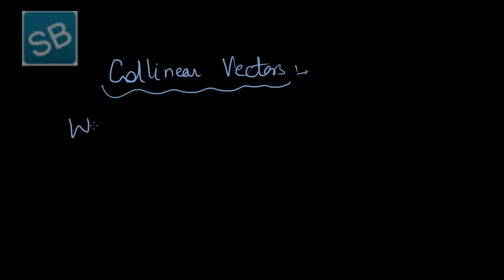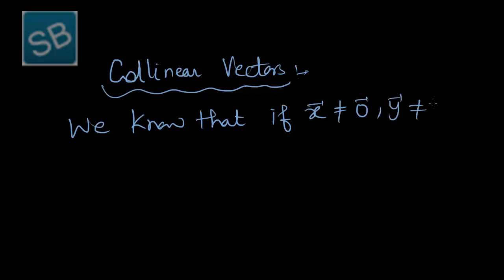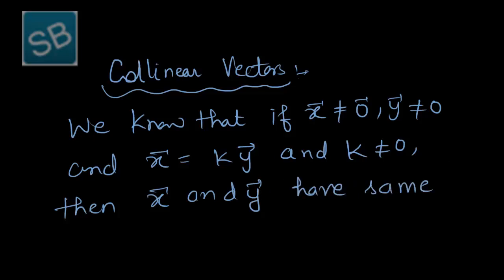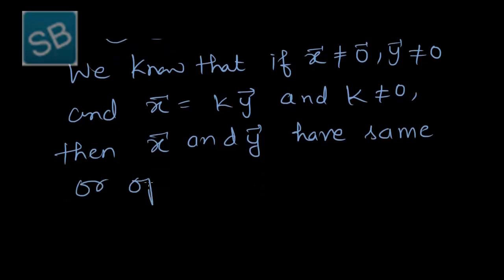Now the next topic is collinear vectors. We know that if vector x is not equal to 0 and vector y is not equal to 0, and vector x is equal to k times vector y, that is, a multiple of y, and k is not equal to 0, then vector x and vector y have the same or opposite direction,